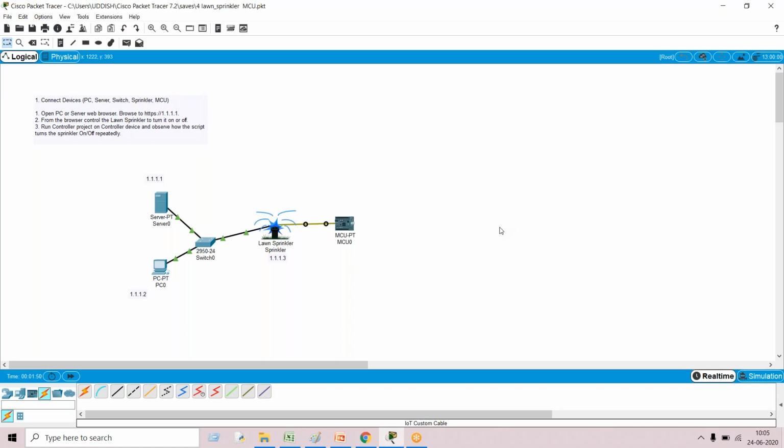Right. So in yesterday's session, what exactly we have done is we have taken one lawn sprinkler and we tried to control it. We know there are a few ways to control this lawn sprinkler. The first way was just to control it manually. The second thing we have seen is how to control this lawn sprinkler with the help of some interface, maybe by using a web application or by using some mobile app.